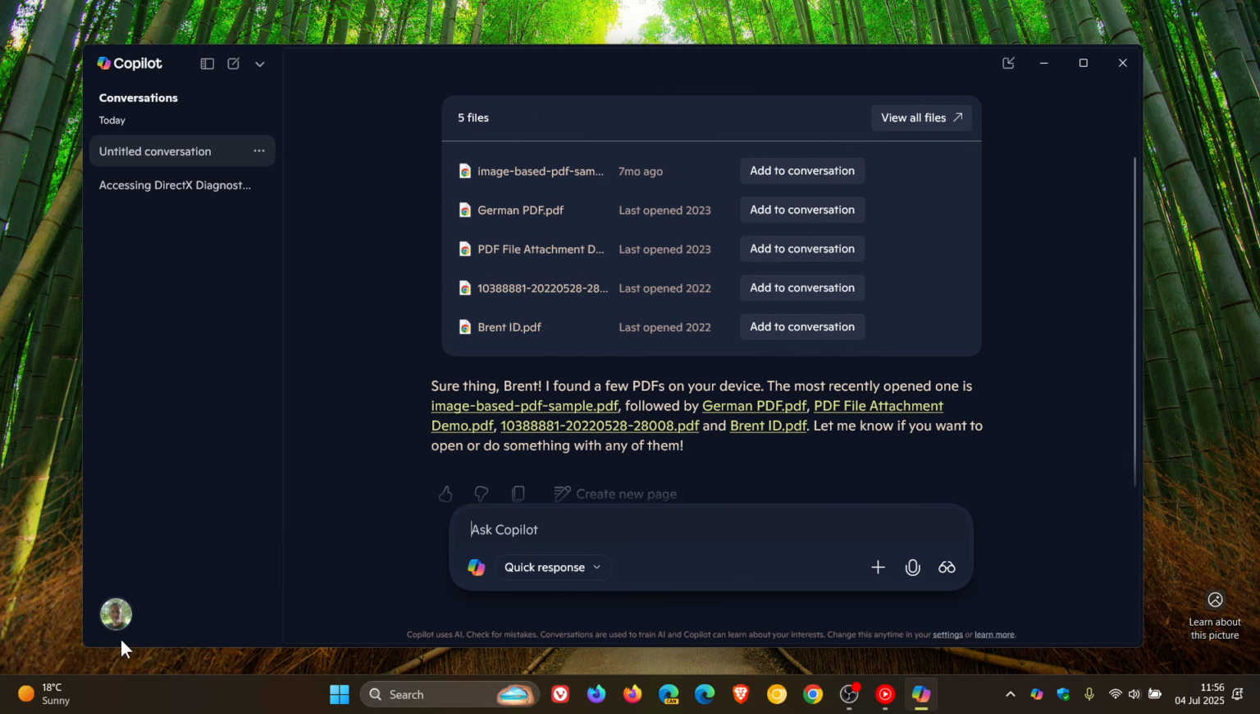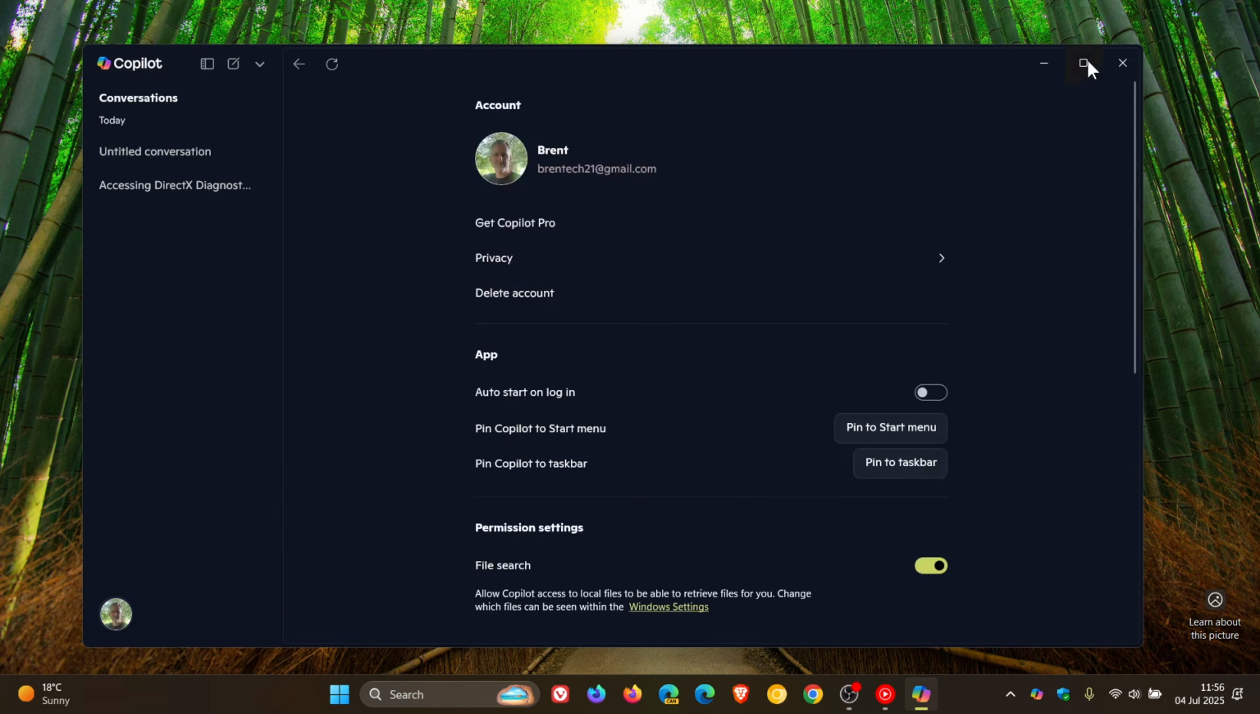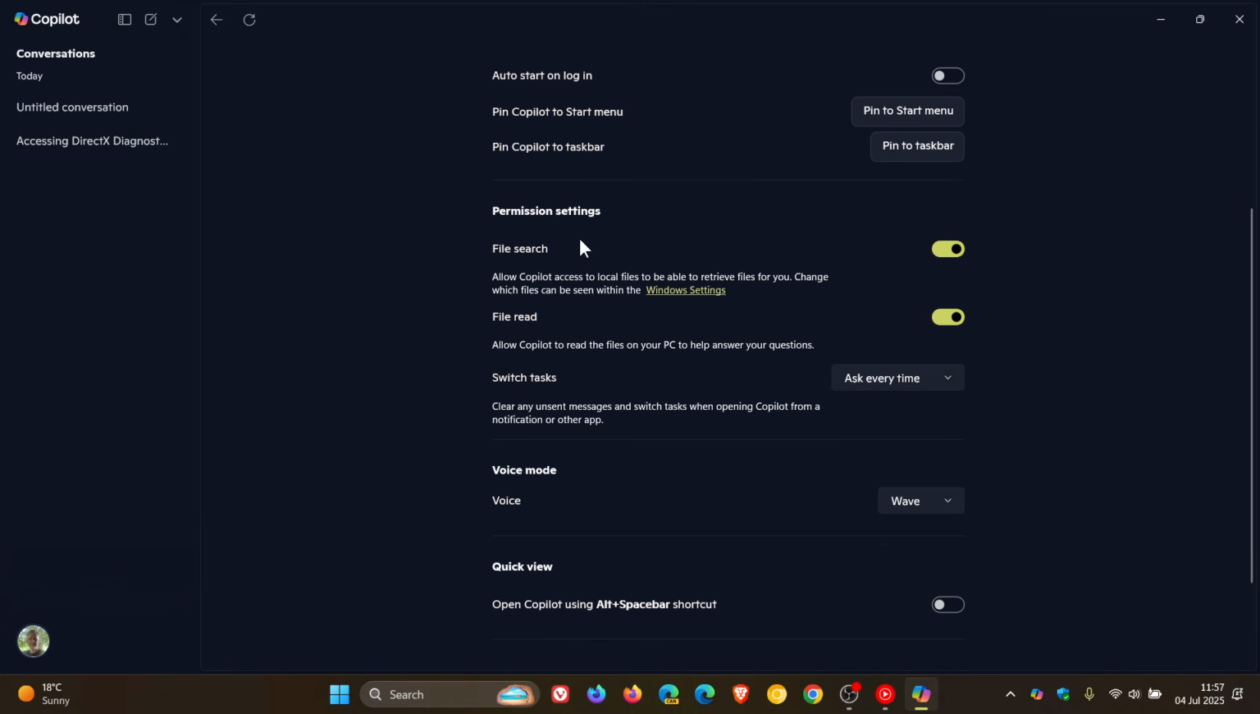And if we head into our settings, here you'll see file search: allow Copilot access to local files to be able to retrieve files for you. And the good news is if you don't want to have this feature turned on, you can just toggle that off. And file read: allow Copilot to read the files on your PC to help answer your questions. So that's also a little feature to ask follow-up questions, as an example. So if you don't want to use this feature, you can just toggle it off, either or, to your own personal choice. But I'm just making you guys aware of that in case you were unaware that